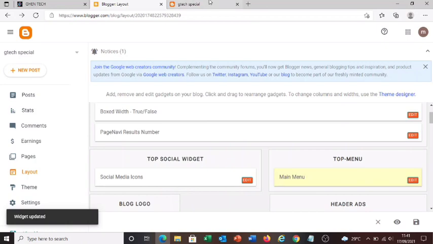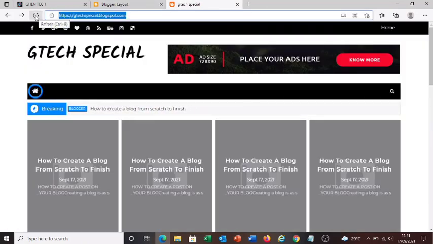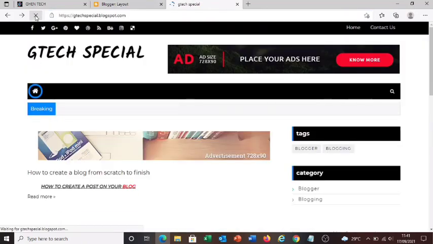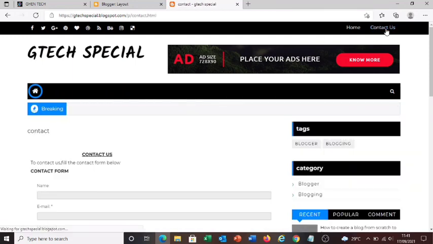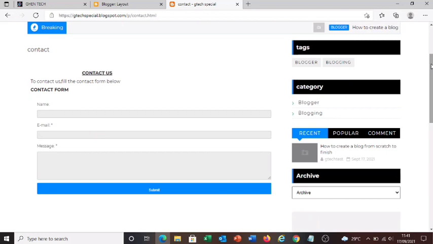So we can now go and refresh, and you notice that our contact will be there. Now you see contact us. When you click on contact us, it will now take us to our contact us page. You know, we've already created our contact us page. So when you click on it, it will take us to our contact us page. Now, what you still need to know is,